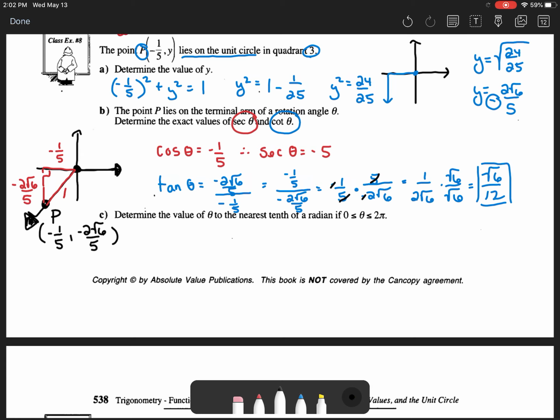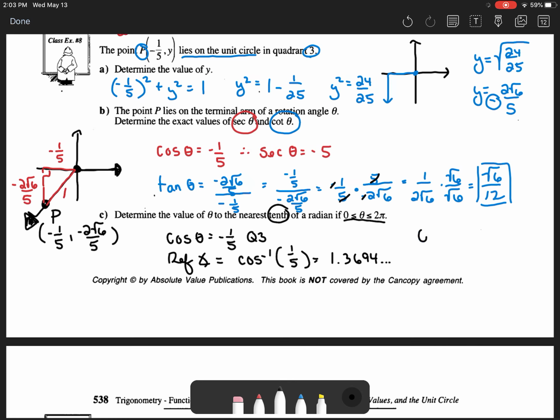And then the third part says determine the value of theta to the nearest tenth of a radian. So when they tell you tenth of a radian, and again, there's your domain, they only want those 4 quadrants. That means you can use your calculator, right? So I'm just going to go like this. Well, I know cos of theta is -1/5, and that's in quadrant 3. So to find the reference angle, I'm going to go second function or inverse cosine of 1/5. That's going to give me my reference angle. So when I do that, remember radian mode this time, because they tell you to the nearest tenth of a radian, you're going to get